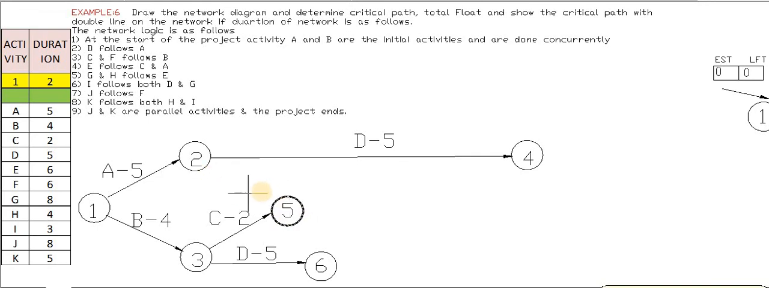So how will this end at the same point? So this cannot end at the same point. Okay? So we have to have a dummy activity, and that dummy activity we will draw the activity as E. So we will draw the dummy activity. So for that, first we will draw the next activity as